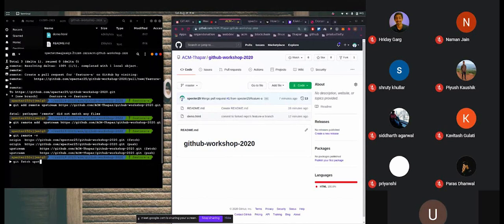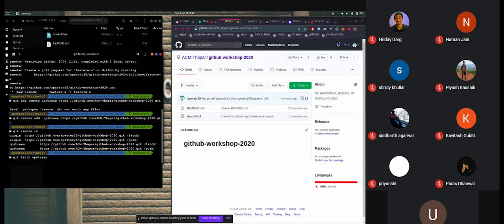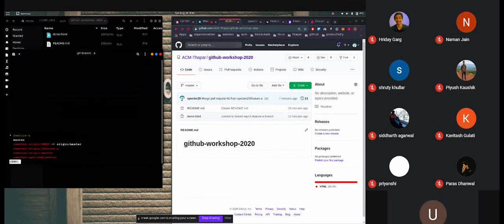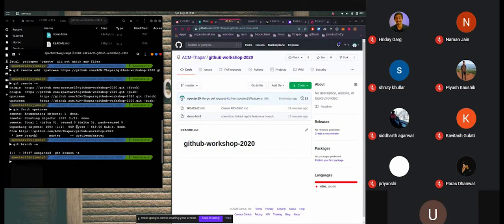So what we will do is we will fetch the code from the main repository. This is the new command that I'm talking about. It's git fetch. Okay, let me show you. See, what it did was it created a new branch, upstream/master, right?